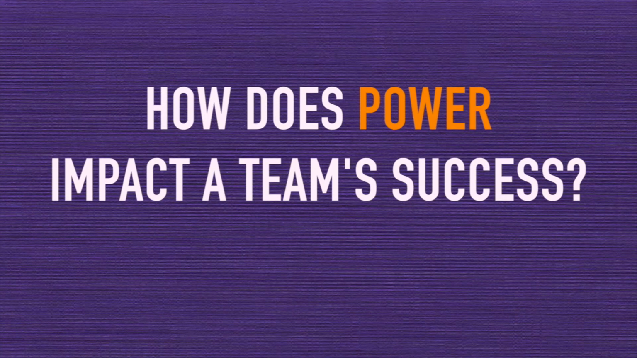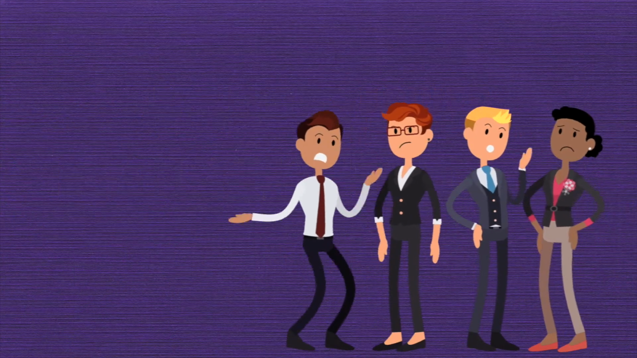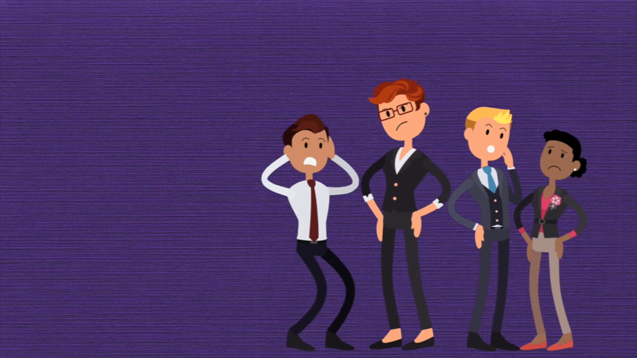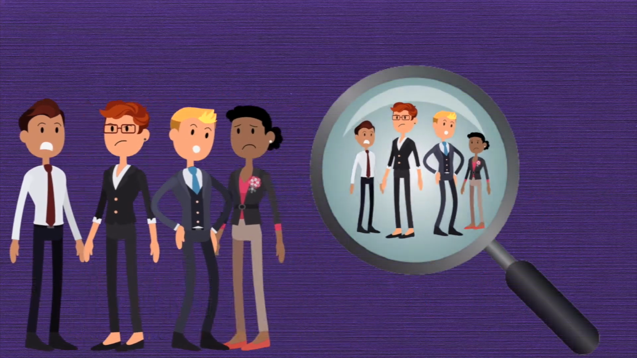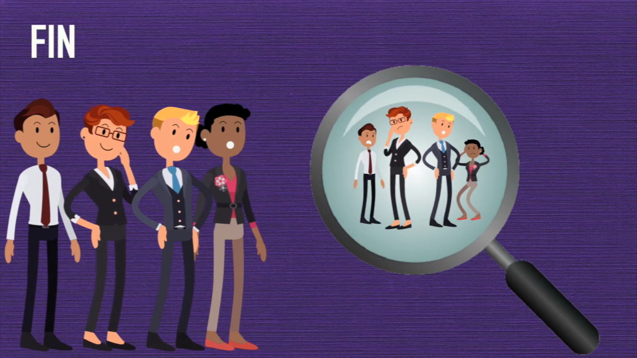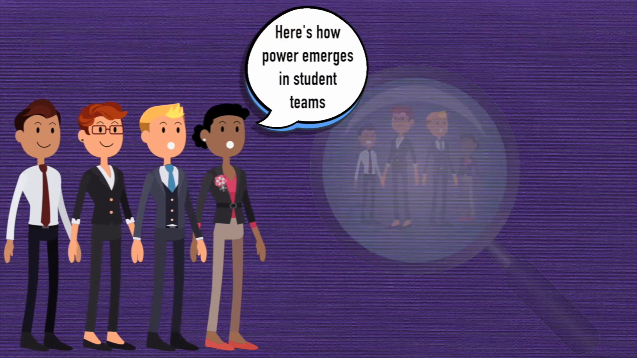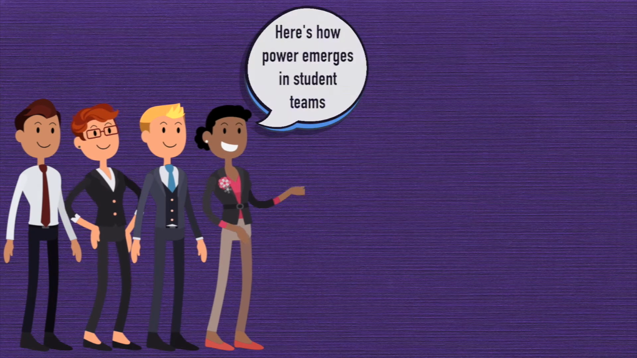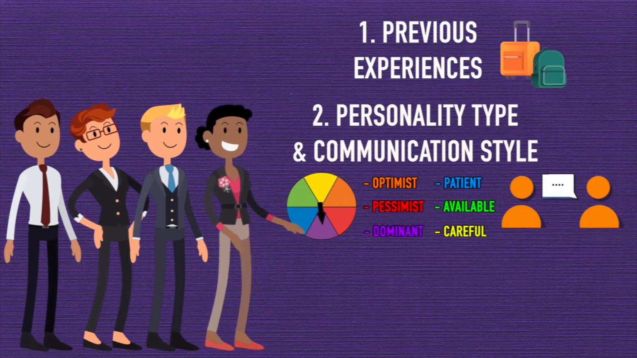How does power impact a team's success? When any group of people work together, power imbalances will emerge. Power imbalances are uncomfortable, but when a team is intentional about facing this discomfort, they're more likely to find positive ways of working together. In student teams, power readily emerges based on previous experiences, through personality type and communication style,